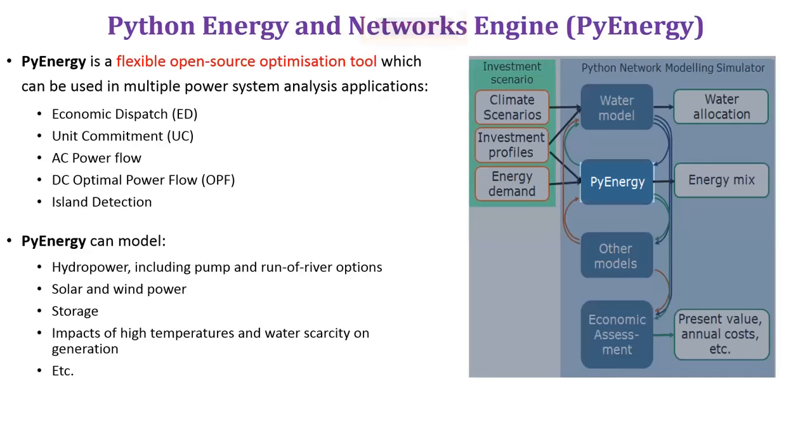Now, the Python-based energy engine we developed, which we call HighEnergy, is a flexible open source optimization tool, and it is a very powerful tool which is constantly evolving, and it can be used in multiple key power system analysis applications such as economic dispatch, unit commitment, AC and DC power flow, detecting islands in the network, and so on and so forth. Also importantly, HighEnergy can model different new and emerging technologies, which are key both for the application